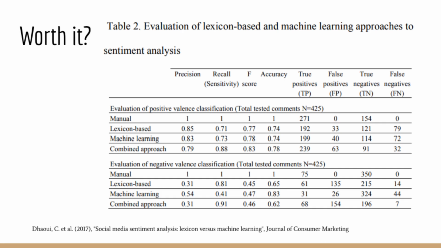It would seem that the machine learning-based approach almost loses out to the combined approach, but in this case, with only 425 comments to analyze, the machine learning-based approach becomes weaker due to having less data from which to extract features. Still, the machine learning-based approach beats the hybrid and lexicon-based approach here in the negative sentiment classification task, so hybrid methods can't be said to be an absolute improvement.